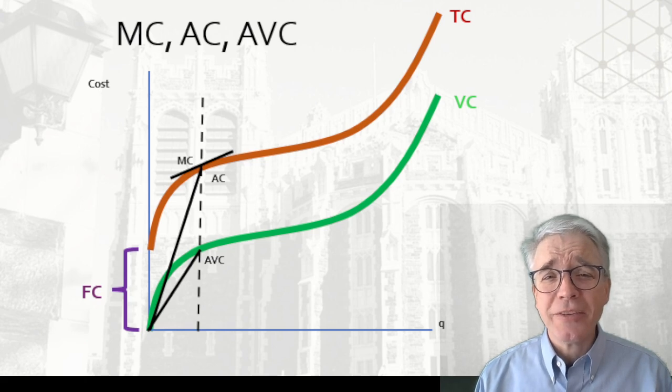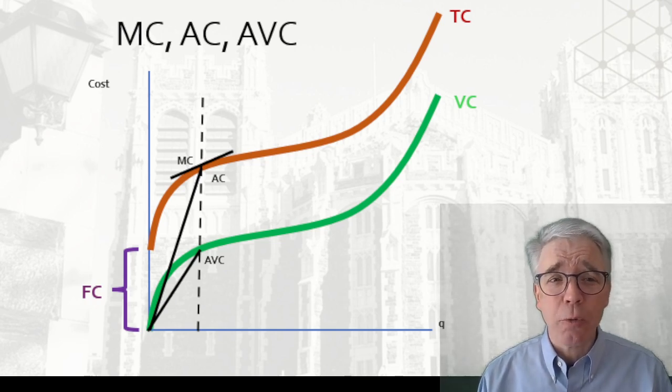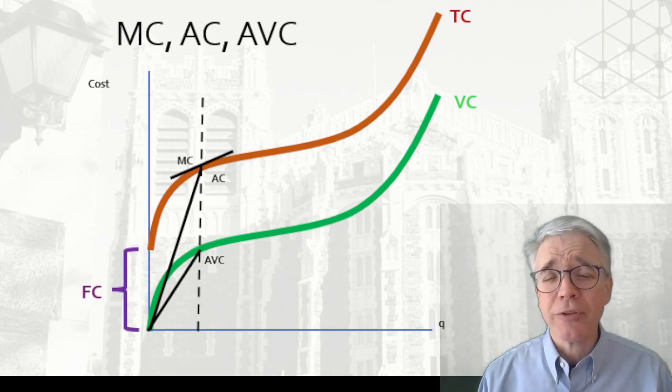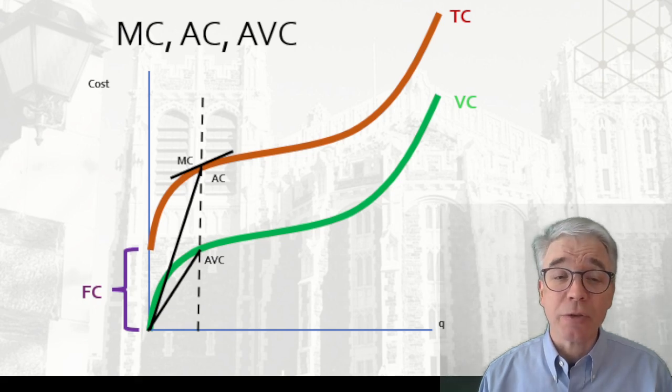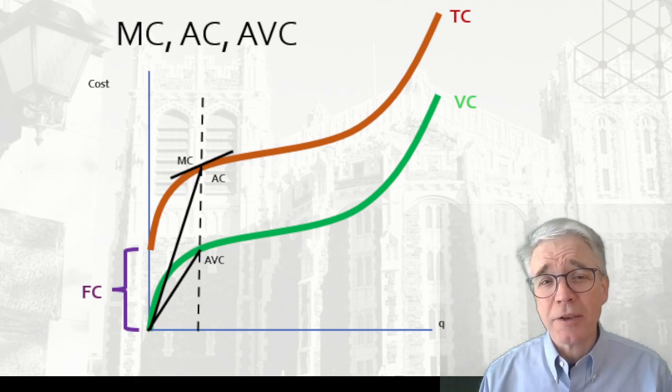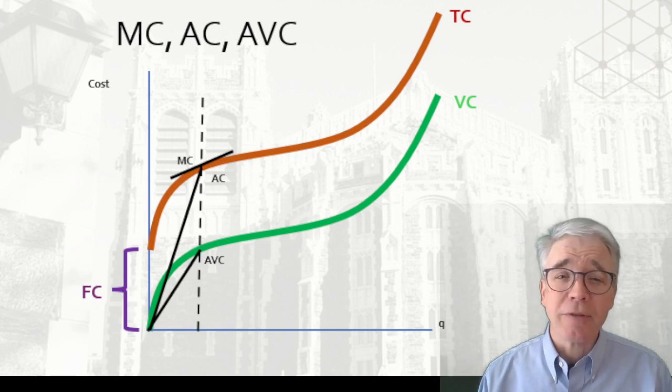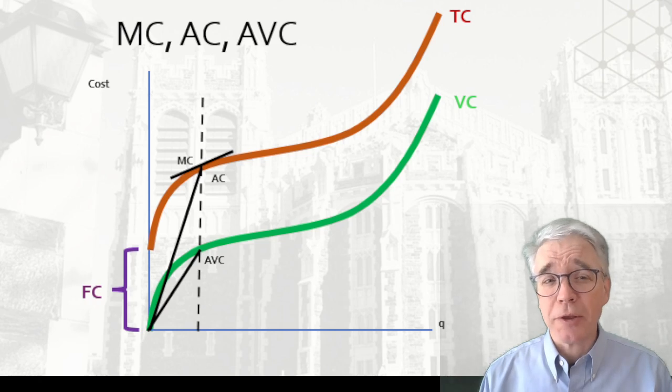We can see AC and AVC on this graph by drawing a ray back to the origin from any point where we want to assess AC or AVC. The slope of any line is the rise over the run. In this case, the rise is cost and the run is quantity. So the slope of the ray for AC will always be greater than the slope of the ray for AVC,